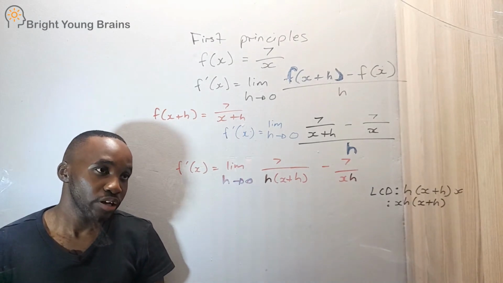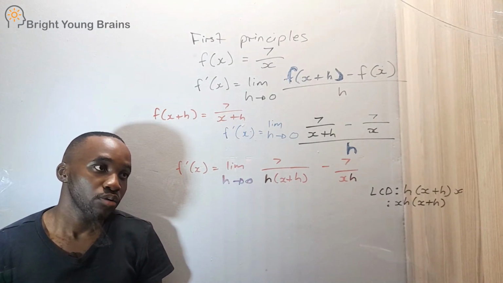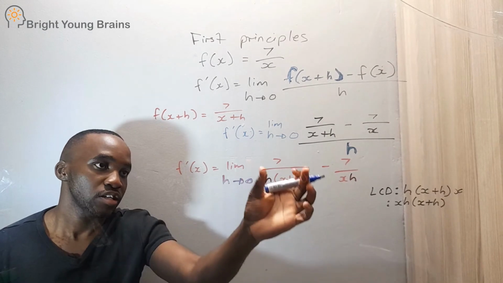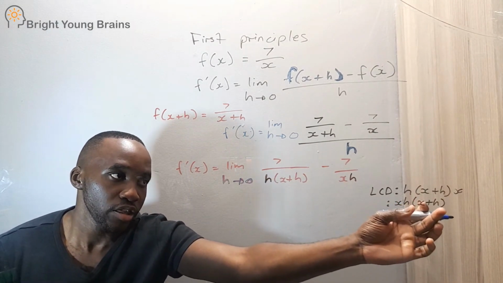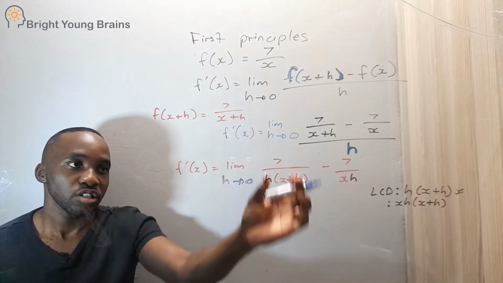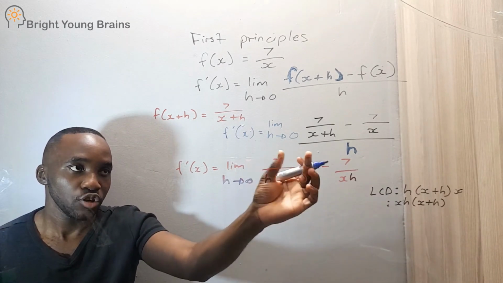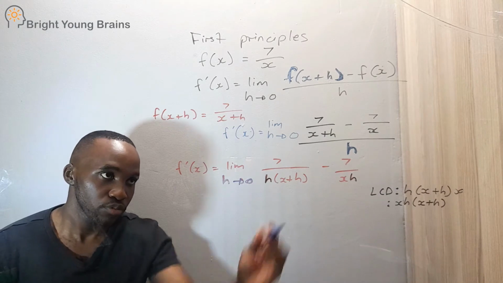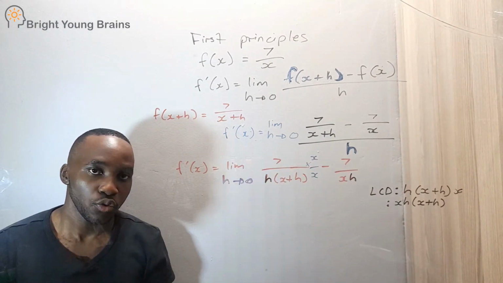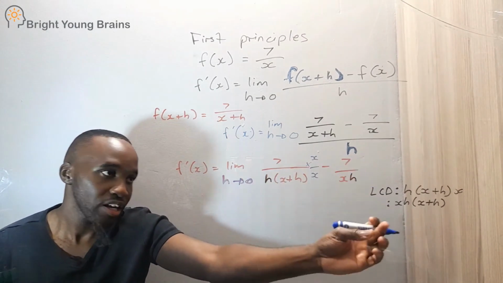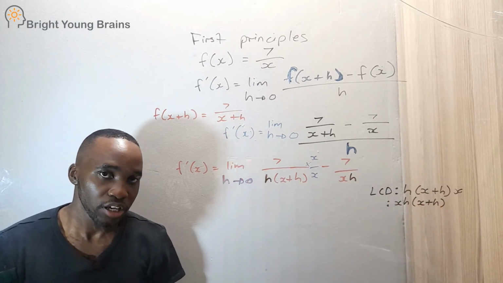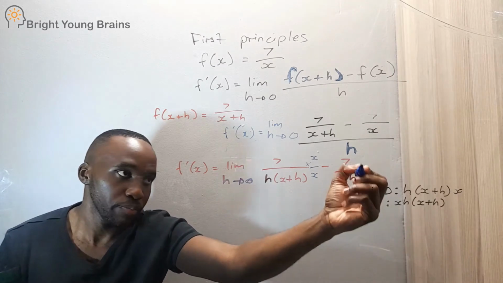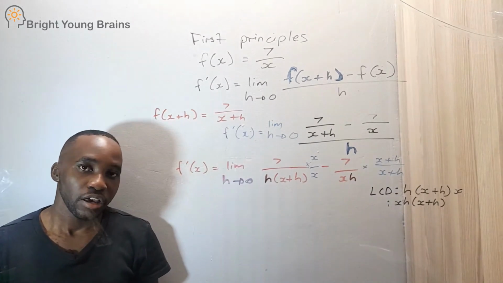Because when you now get your LCD, all you need to now do is, you can clearly see that for this one to have x, h, and this there, we know that you'll just have to multiply this by x at the top and multiply by x at the bottom. So doing that is all we have to do. For this one, clearly there's already x, h there. So we have to multiply by x plus h at the top and at the bottom. So our next line, having done that,